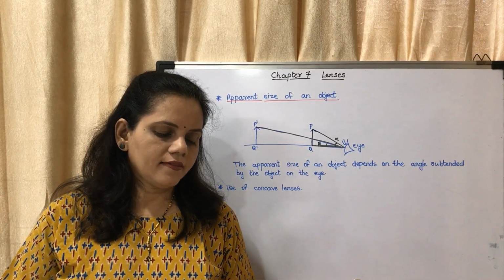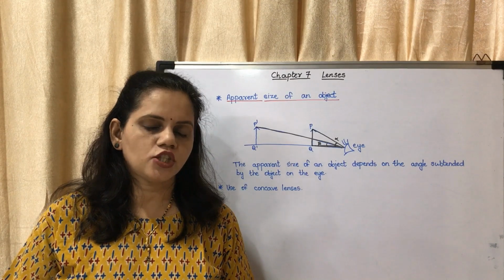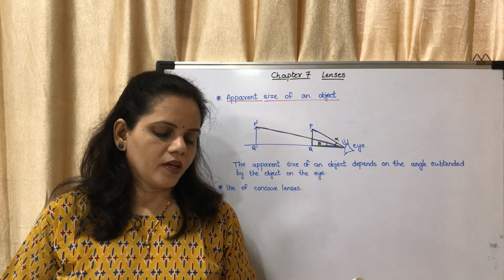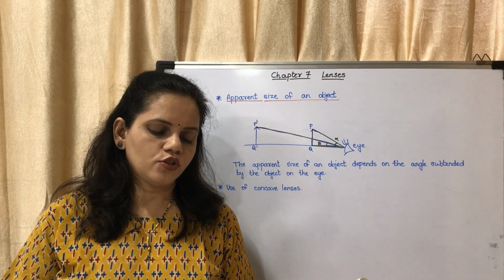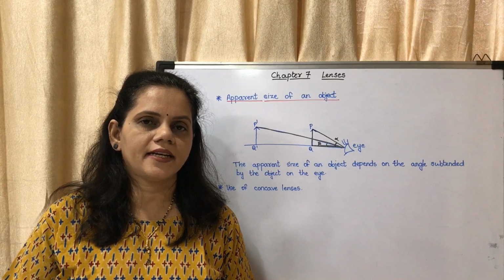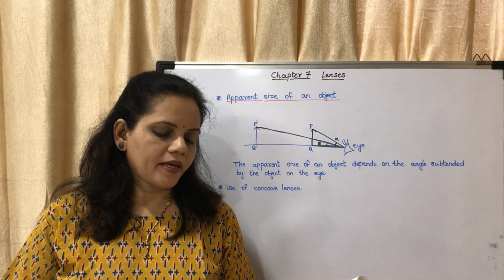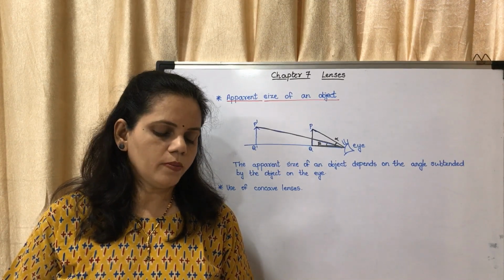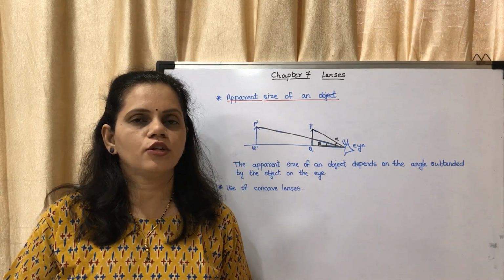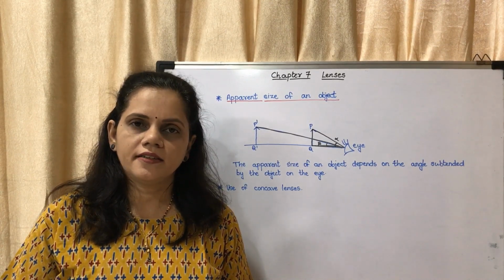Spectacles. Concave lenses are used in spectacles to correct nearsightedness. Torch. Concave lenses are used to spread widely the light produced by the small bulb inside a torch. Camera, telescope and microscope. These instruments mainly use convex lenses. You may mark that it is a difference there.